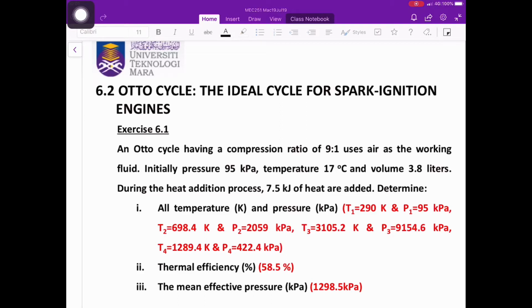Example, Otto cycle. An Otto cycle having a compression ratio of 9:1 uses air as the working fluid. Initially, pressure is 95 kPa, temperature 17 degrees Celsius, and volume is 3.8 liters. During the heat addition process, 7.5 kJ of heat are added. Determine all temperatures in Kelvin and pressures in kilopascal, the thermal efficiency in percentage, and the mean effective pressure in